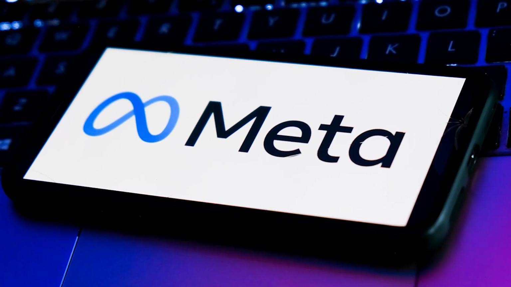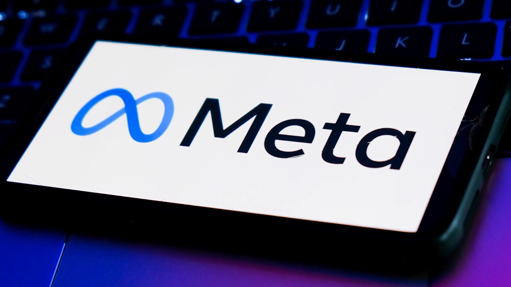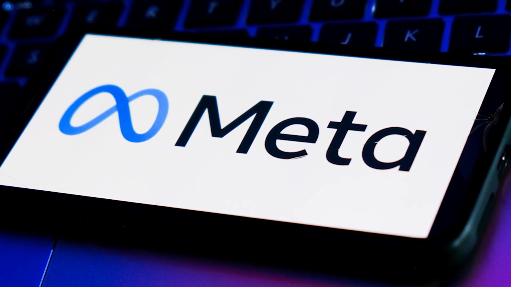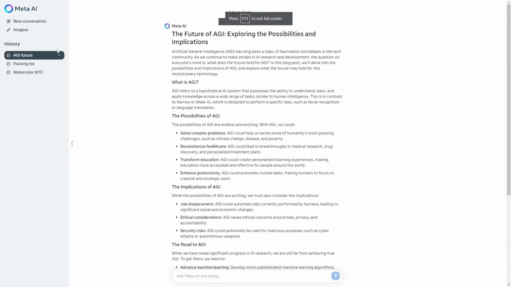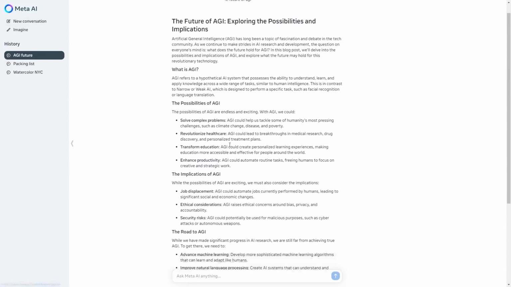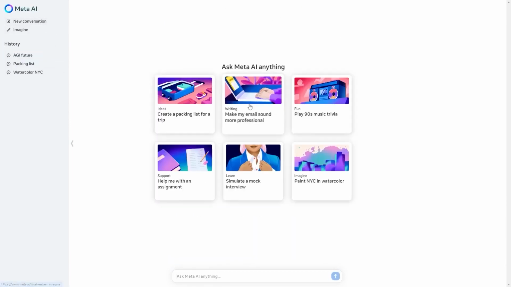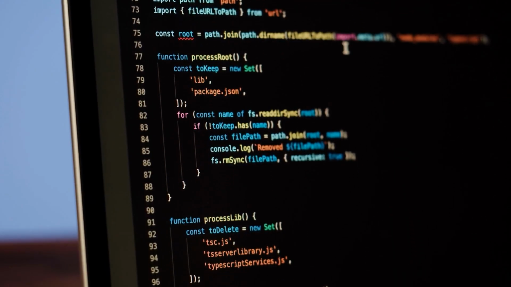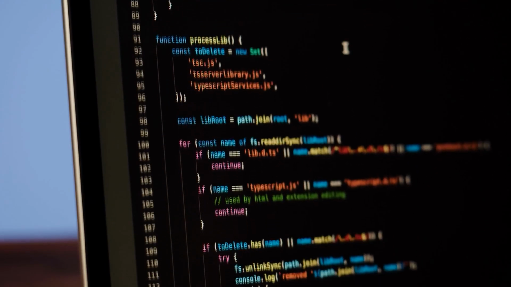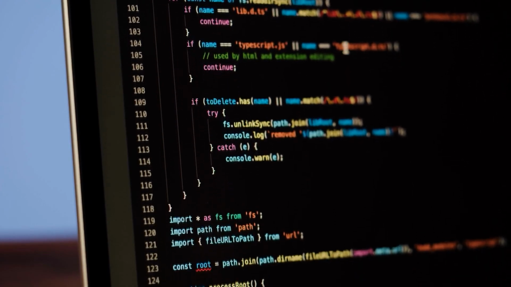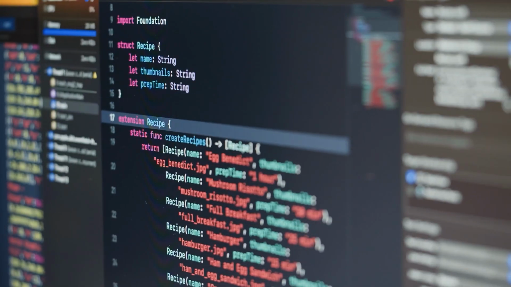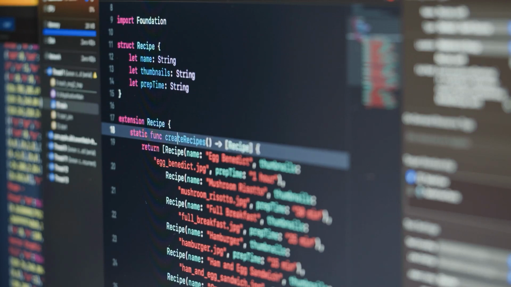Now, let's talk about text generation. You can ask Meta AI to generate text on various topics, like coding in Python. For example, if you ask it to write me simple code in Python, it might respond with a basic Hello World program. While it may not have advanced coding capabilities yet, it's a handy tool for simple tasks. In the future, with the release of the more powerful 400 billion parameter model, we can expect improvements in coding